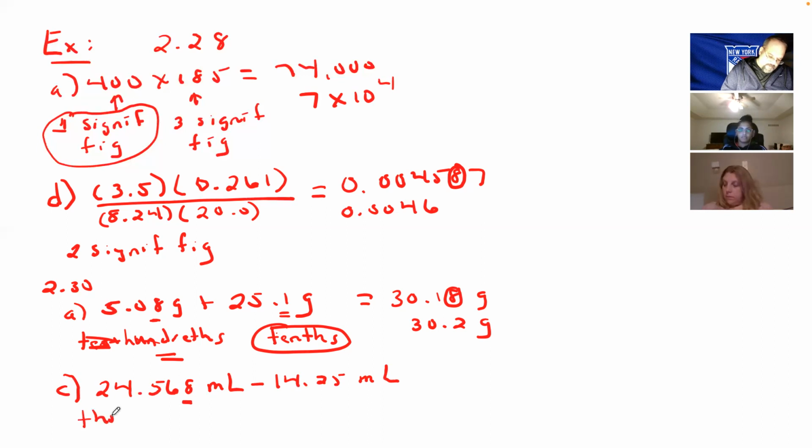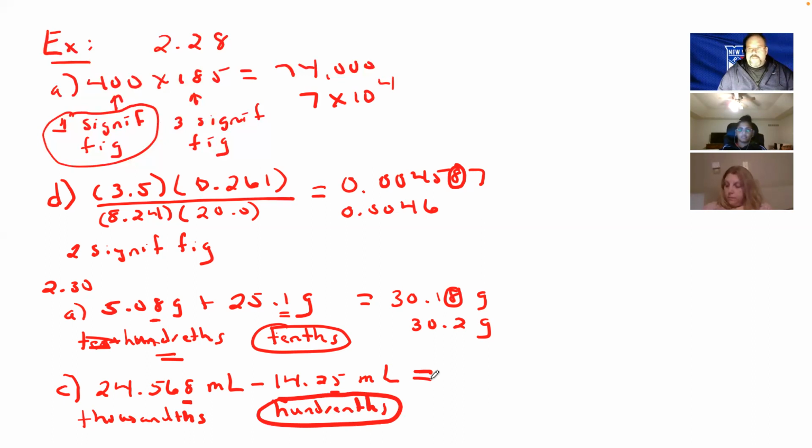in the thousandths place. For 14.25, the last decimal is in the hundredths place. So my answer has to go to the hundredths place. So when I subtract these two numbers,